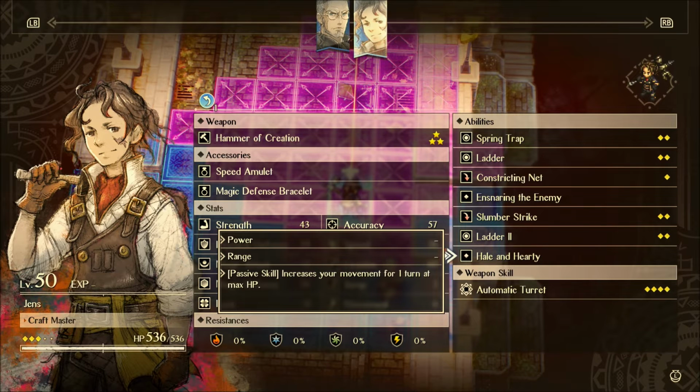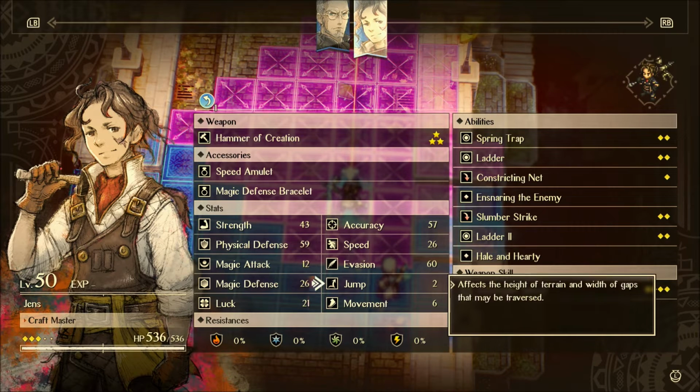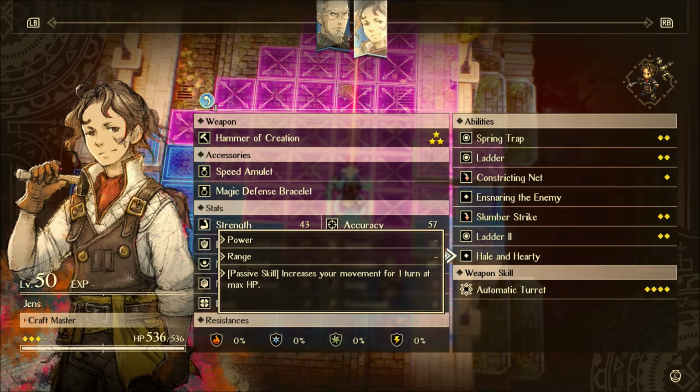And then Halen Hardy. So it says increases your movement for one turn at max HP. I never really found this passive to be all that impressive. Ian's already has really, really good movement, so is one more really that important? I guess there are some maps where it is the very first turn where you're like, oh man, I really need to get a ladder over here, right? And that probably makes sense for that, but